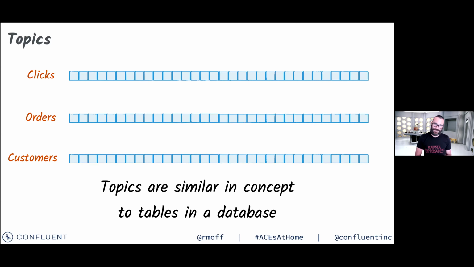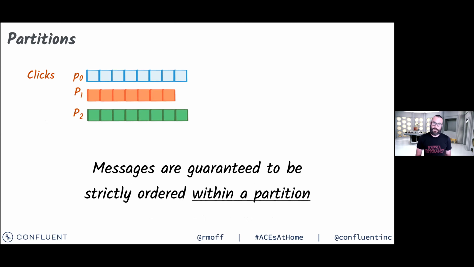So we can capture all sorts of different types of data within Kafka, and there are very good reasons why we'd want to do that. Within the topics, we can partition them, and partitions are our unit of scale. So you can scale out your throughput in Kafka by parallelizing the number of consumers reading from it within what's called a consumer group.